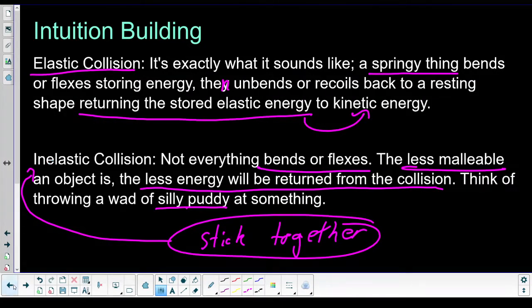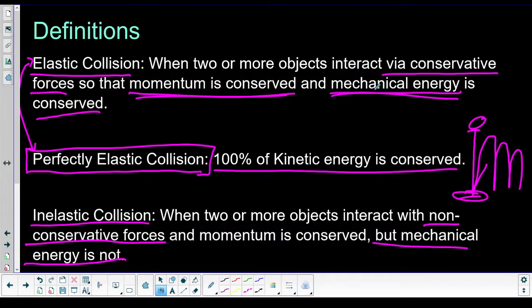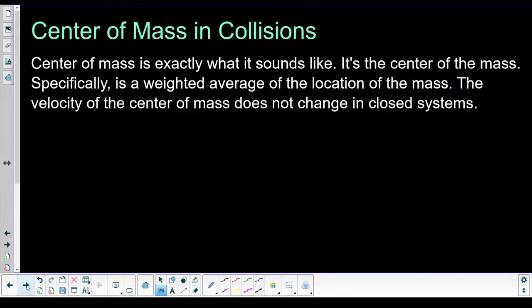So I think maybe we should amend this a little bit. It's not necessarily that the mechanical energy is conserved, because we could squish a spring in between things and store energy in the spring. But the point is, it has to bounce back off and release that, and the kinetic energy before and after the collision has to be the same. Okay. So now that we've really beaten that to death, let's talk about one more idea, and then we'll dive into some examples to try and hammer out these ideas.